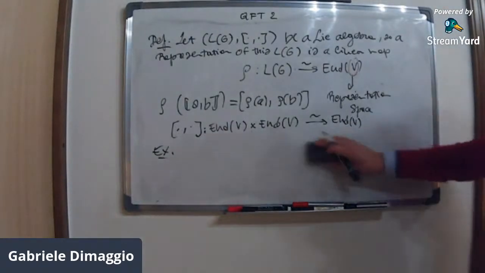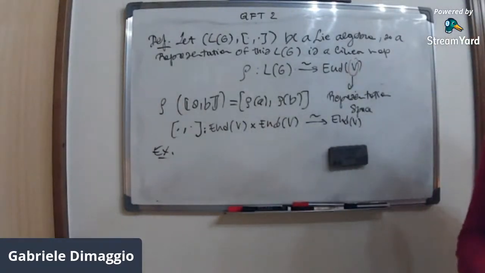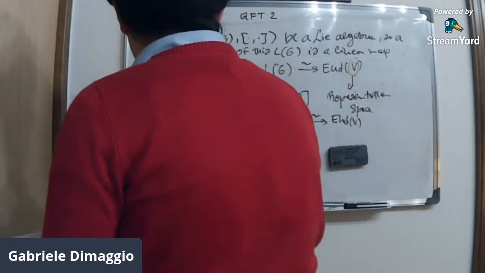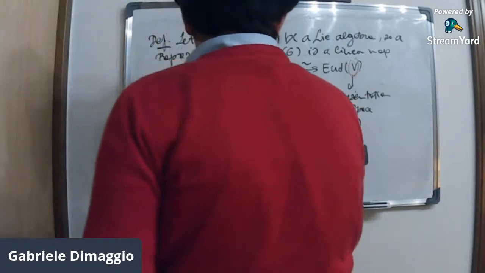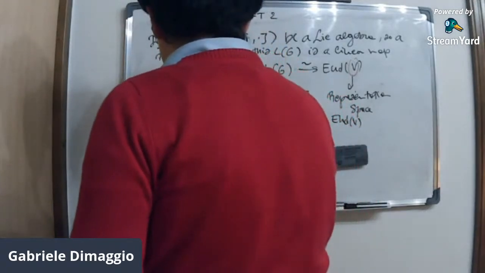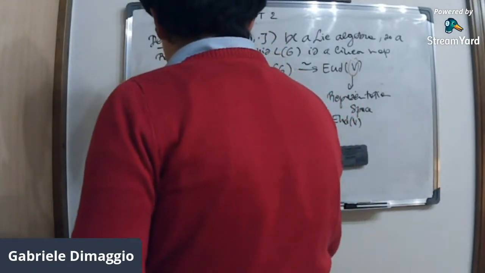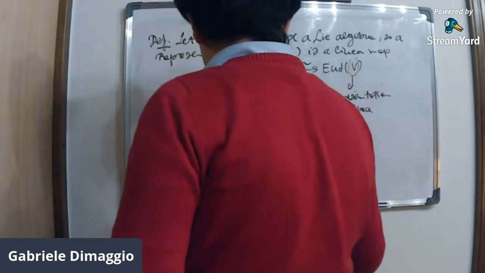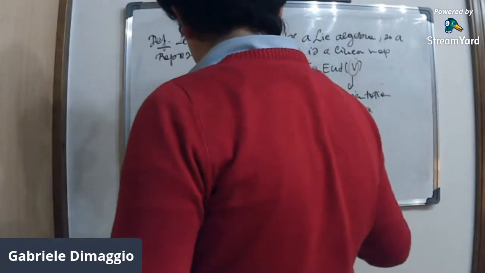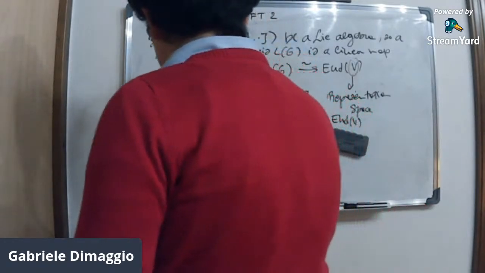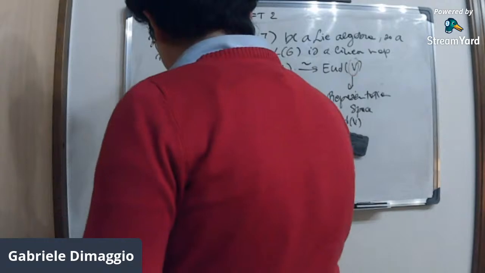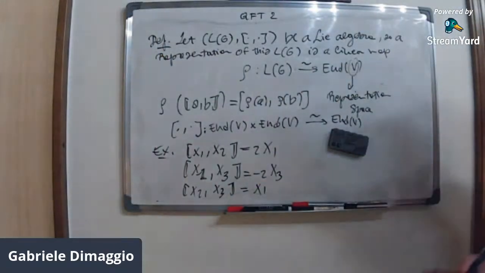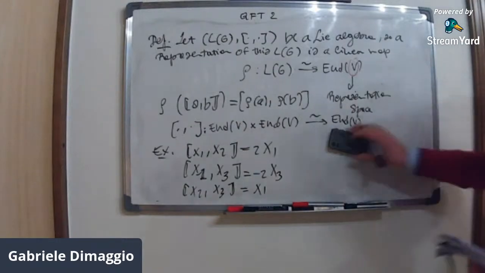So in this case, the SL2C algebra, and I have the commutation relation: x1, x2 as 2 x2, x1, x3 as minus 2 x3, and x2, x3 as x1. Okay, and so the representation